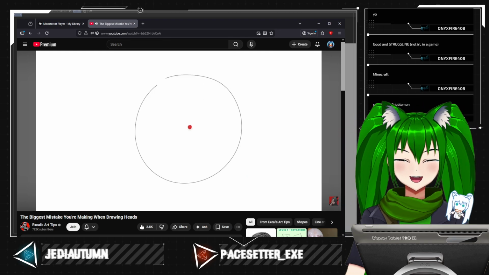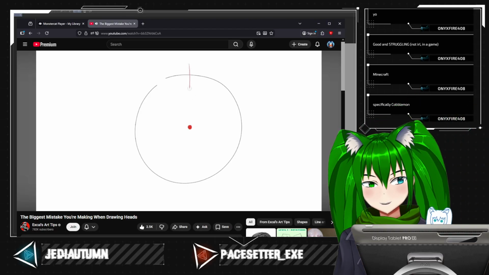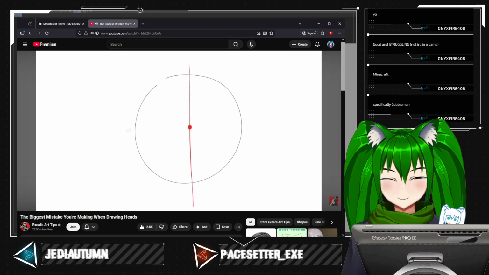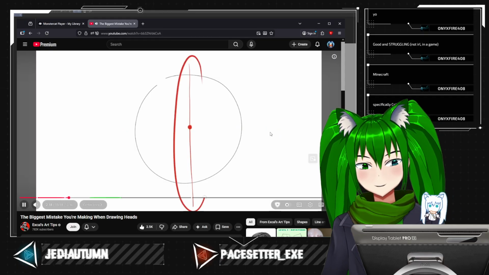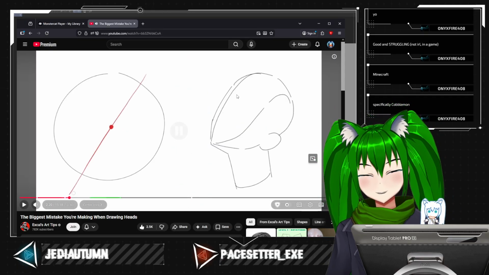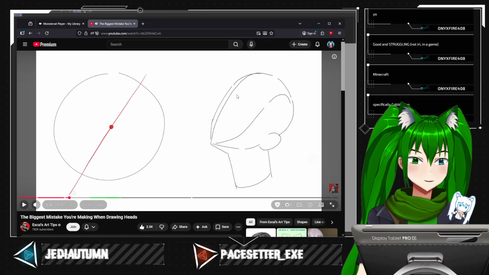Next, we need to draw the center lines of the sphere. These are just two lines that are perpendicular to each other that go through the center of the sphere. The most important one is the vertical one, because this